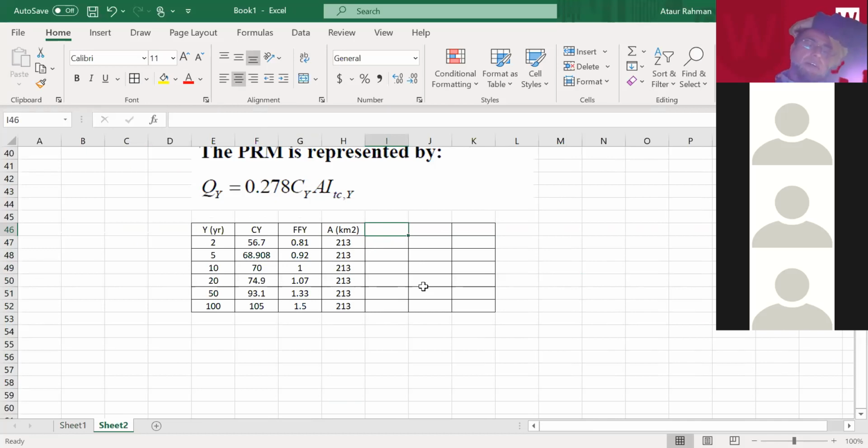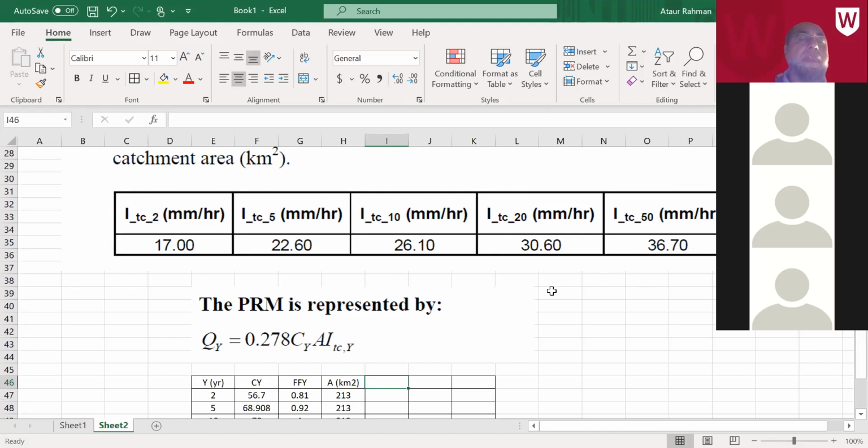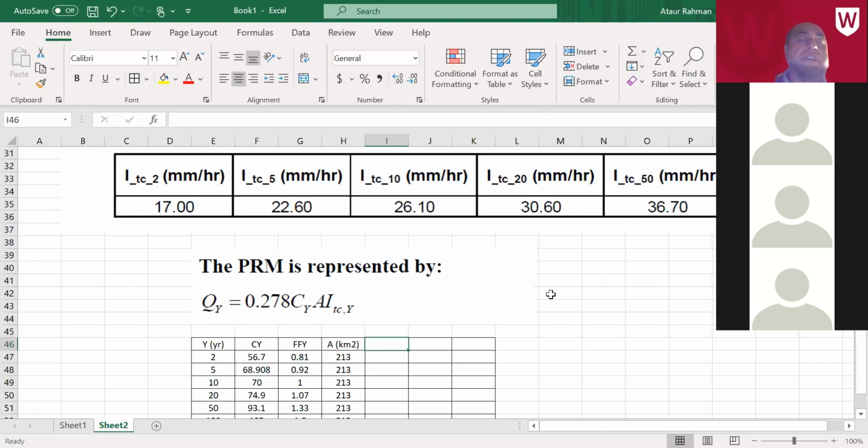So that is our area, and then we have to find out the rainfall intensity for different Y and TC. So that value is given in this table here. So ITC2 is 17. So ITC T value. So it is for 2 year, it is for 17